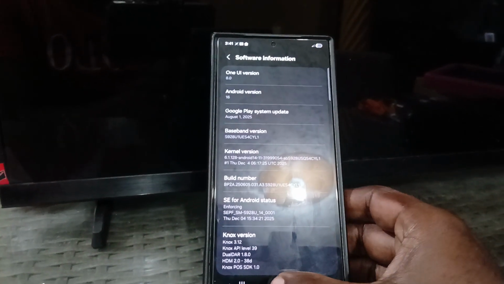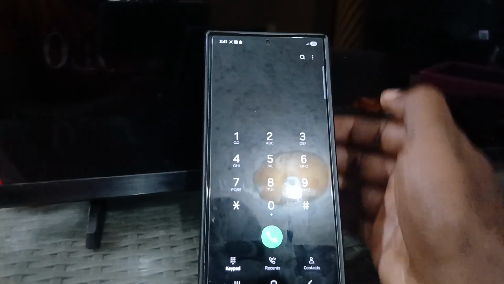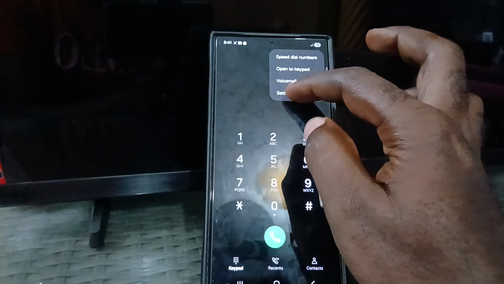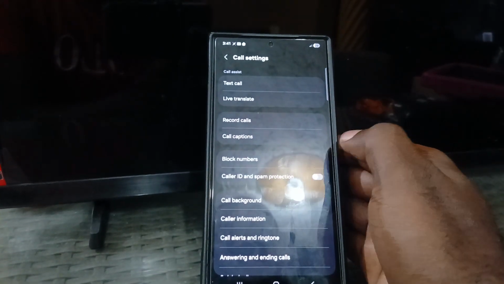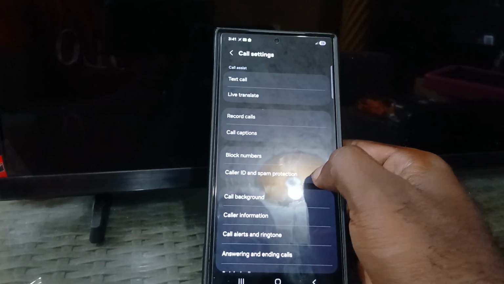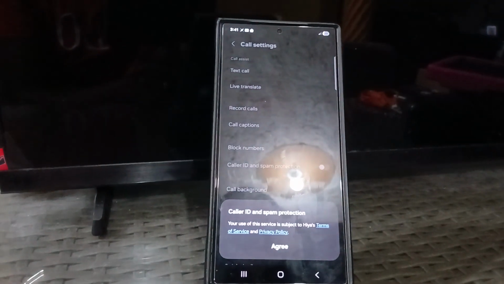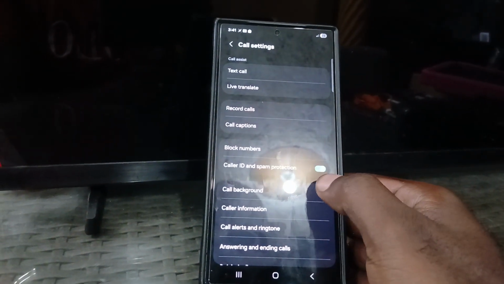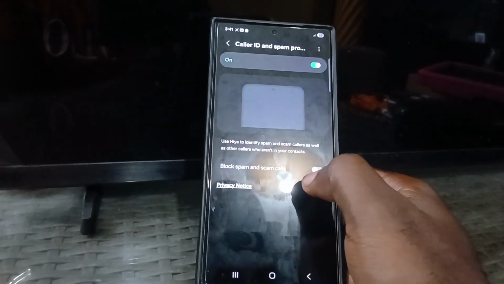All right, so in order to activate the spam protection, go to your dialer, tap the three dots upper right, go to settings, and you're gonna go to Call ID and spam protection. All right, so you're gonna tap this to turn on. It will ask you to agree to the user agreement. You can agree, and of course it'll be turned on. You can tap the text itself,